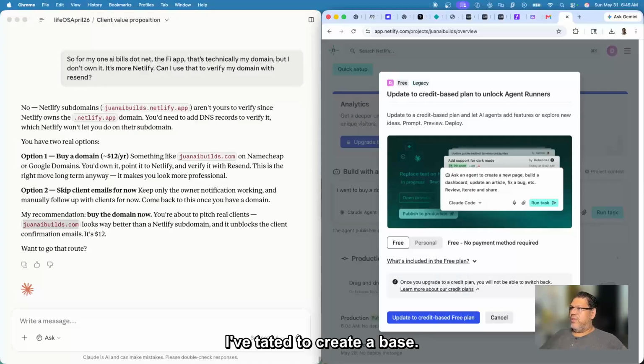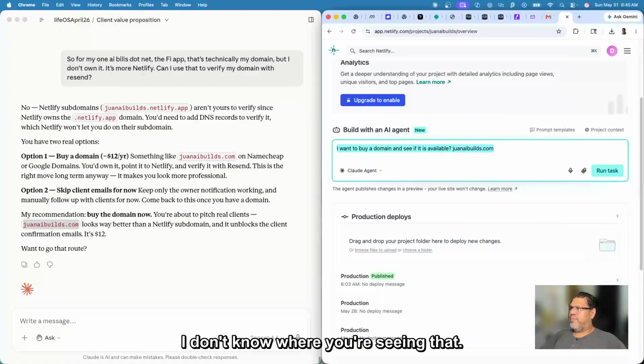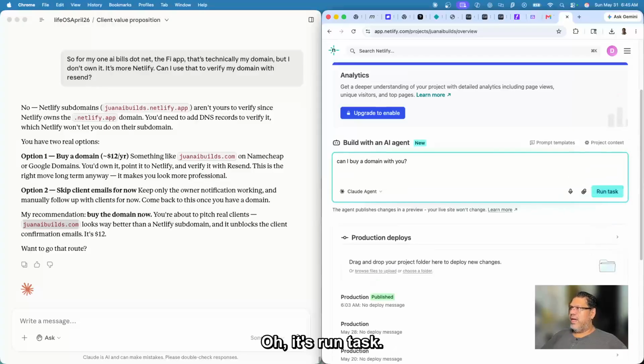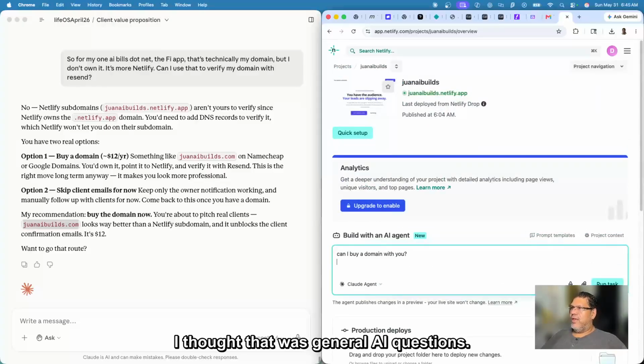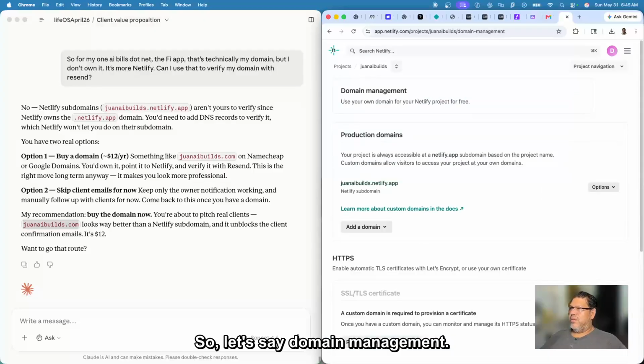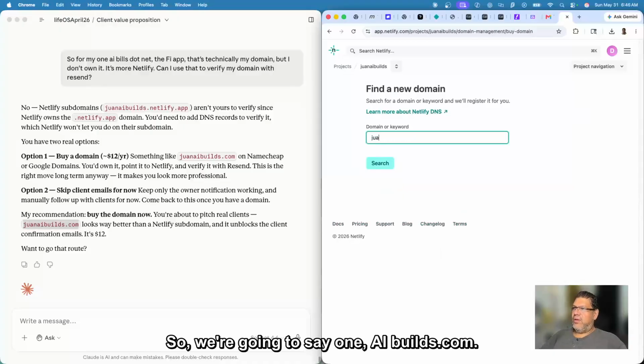It says update to credit based, and so on. No, that's not what I want to do. I don't know why it's saying that. Oh, it says run task. I thought that was general AI questions. So let's say domain management. Okay, here we go. Netlify, let's see if we can add a domain. Buy a new domain. So we're going to say